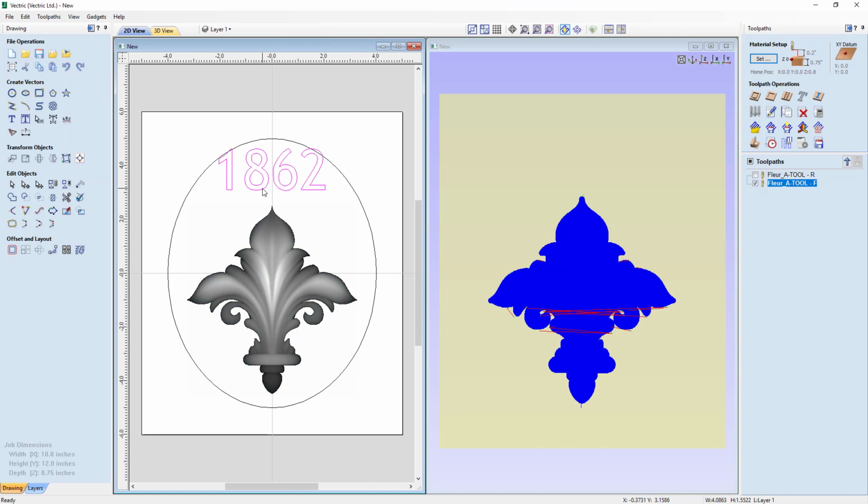Now I can select our text, and it looks okay. If I use my cursor keys, I can nudge it down into place there, and that would be okay if I liked it nice and straight, but I'd like to actually put it on a bit of a curve. And one of the tools that we can use to do that with is right here. It's called Edit Text Spacing with Curve. So if I select that,